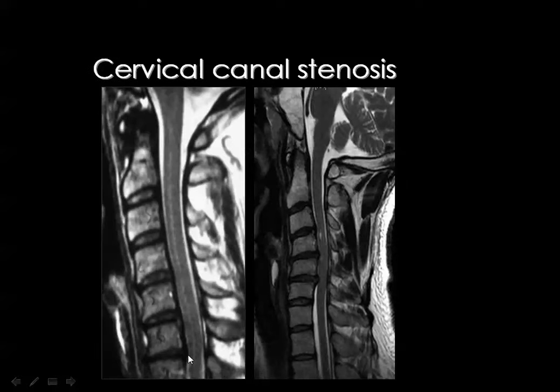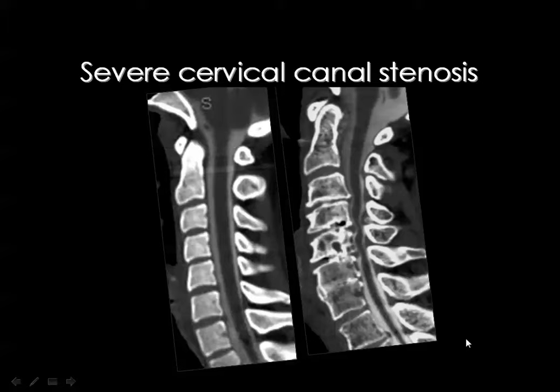Then this is a mild degree of cervical spinal canal stenosis, where there is CSF space along one side or one aspect of the cord. And this is a moderate degree of spinal canal stenosis with obliteration of the CSF space along the anterior and posterior aspects of the cord. And this is a normal spinal canal by CT myelography, and you can see the shadow of the spinal cord surrounded by the injected contrast material, while here is an example of